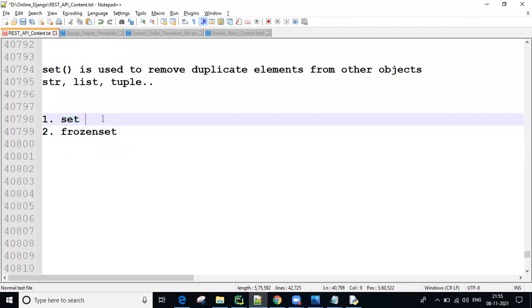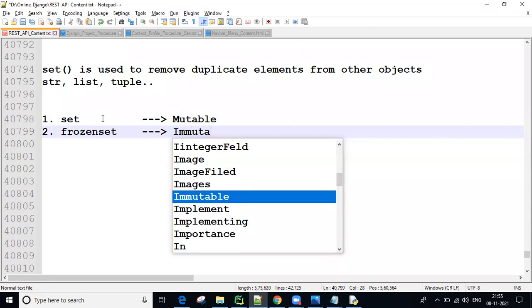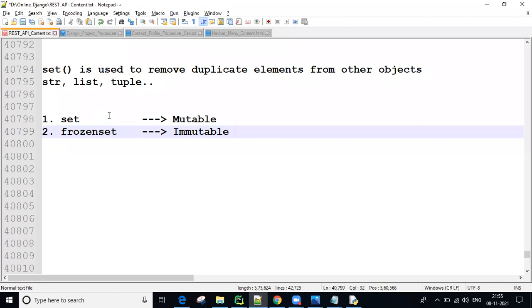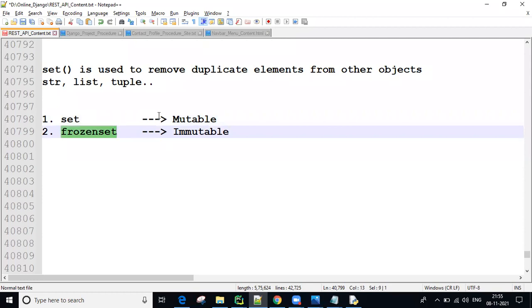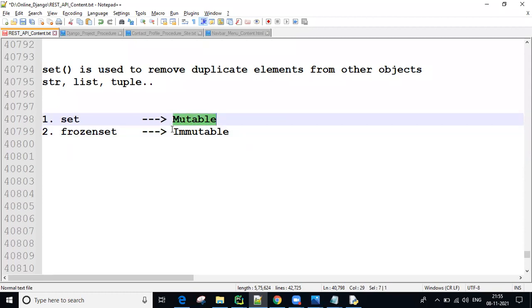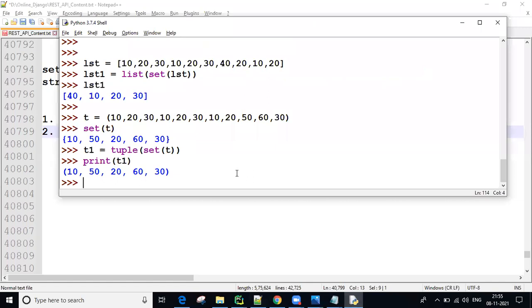The only difference is set is mutable, so frozen set is immutable. That means on the set we applied add function, remove function, discard function, clear function. Those are not possible in the frozen set because it is immutable. Then how to create frozen sets? Yes, by using the frozenset function.